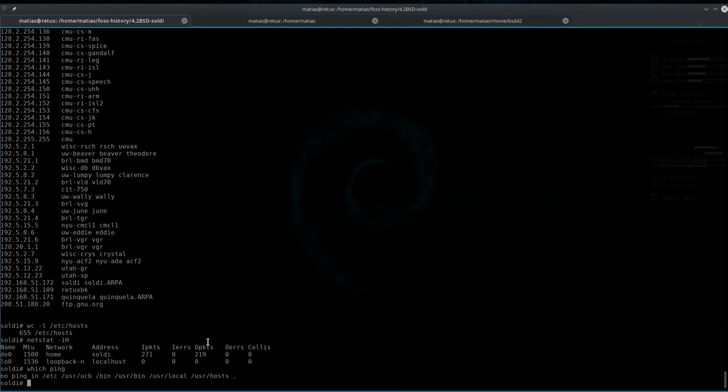There's no ping tool at all, and that is because the guy who actually wrote the ping utility did it around 6 or 7 months after 4.2 BSD was released. The next release, 4.3, included the ping command.